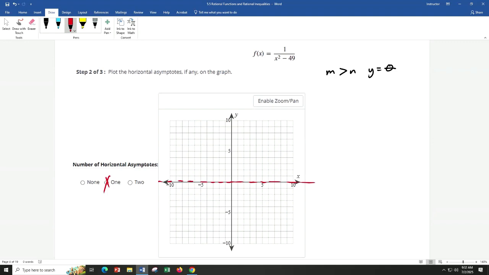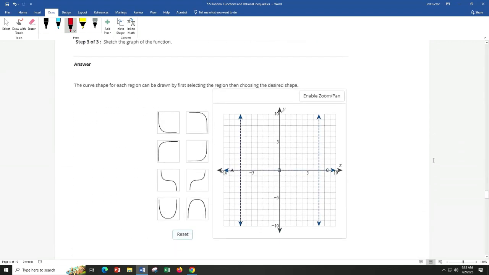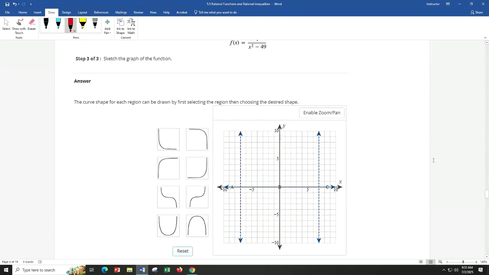Good with that? Now the harder part here, which I'll show you sort of. Notice here it says this, and this is how it's going to work in Hawks. It's literally saying, hey, you got to go in here and graph this. Now guess what? You can go in there and check it on Desmos and see what it looks like. But once again, how are you going to do it on your test? The only way I can say is you got to have some test points. You're going to have to go in here and go right here. What happens